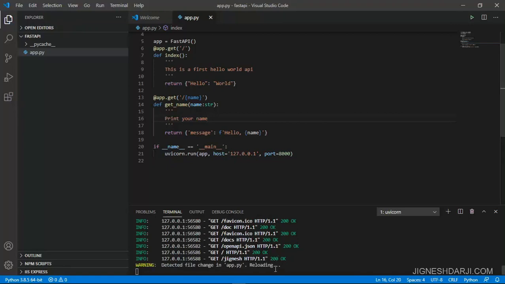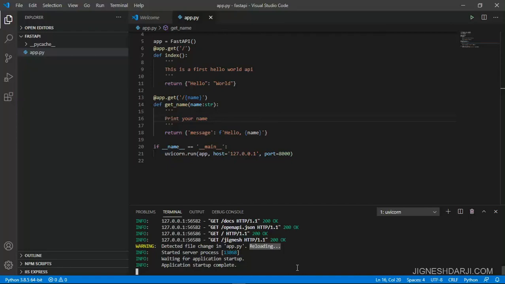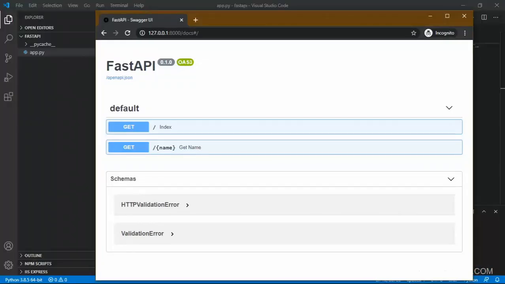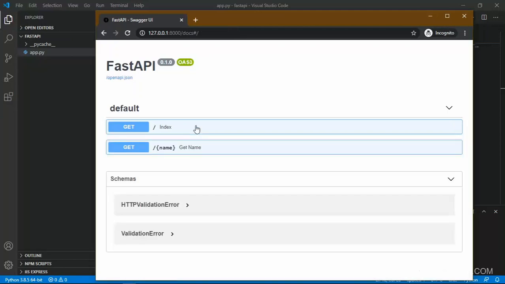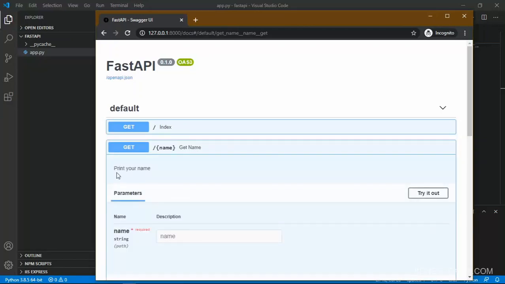So let's save it and run it again in the Swagger UI, which will display your help text over there. Let's open this API first, and it will display our help text, so the user can easily understand what is done by this particular API.